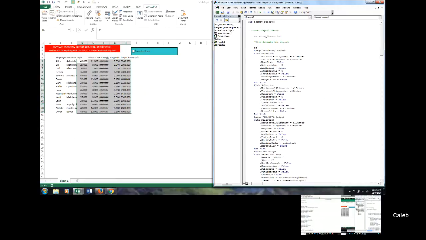So if the range that you had, so mine is K6, whatever says true and false. Caleb, I think yours is J3. Yours, I think, is the same as mine, K6. So if that range is true,